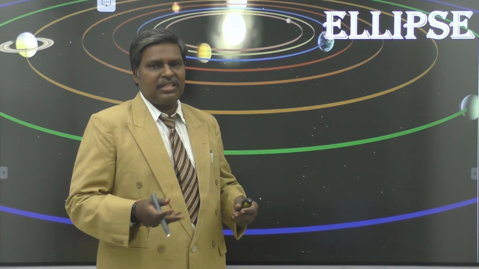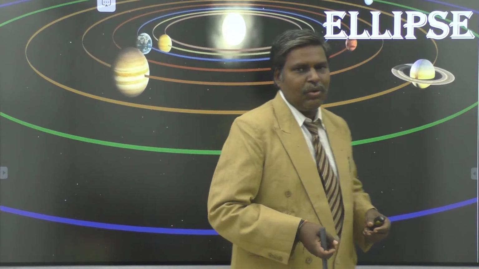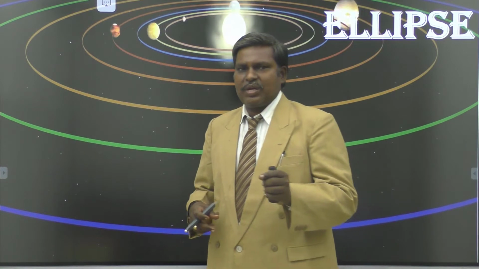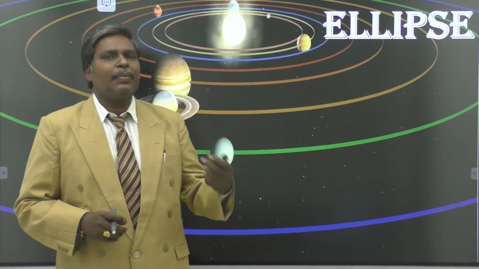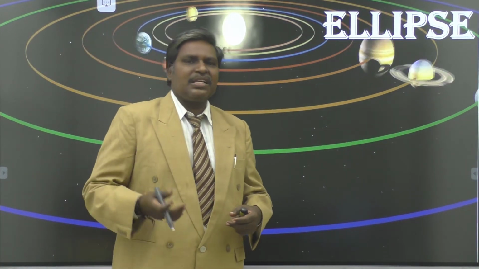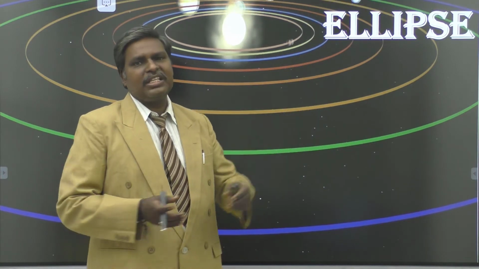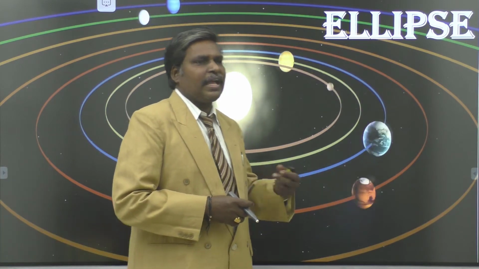With the help of this equation, we can derive that the line lx plus my plus n equal to 0 is tangent to the ellipse x square by a square plus y square by b square equal to 1 if n square is equal to a square l square plus b square m square, and the point of contact is minus a square l by n comma minus b square m by n. With the help of all these concepts, let us do some of the basic problems related to tangents.